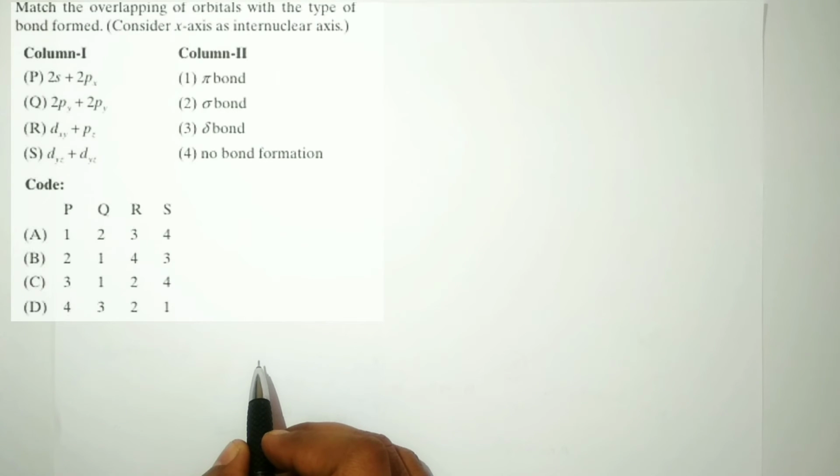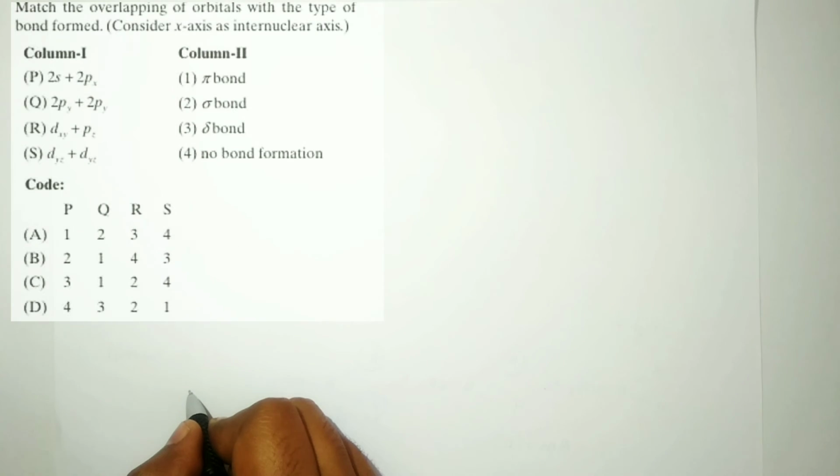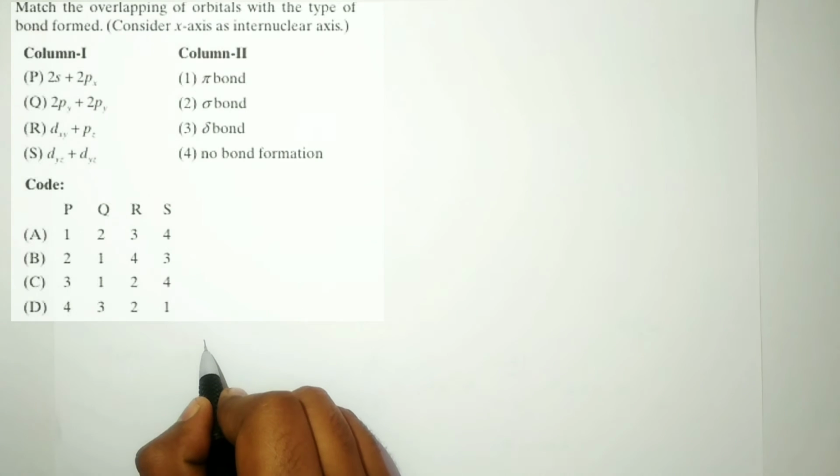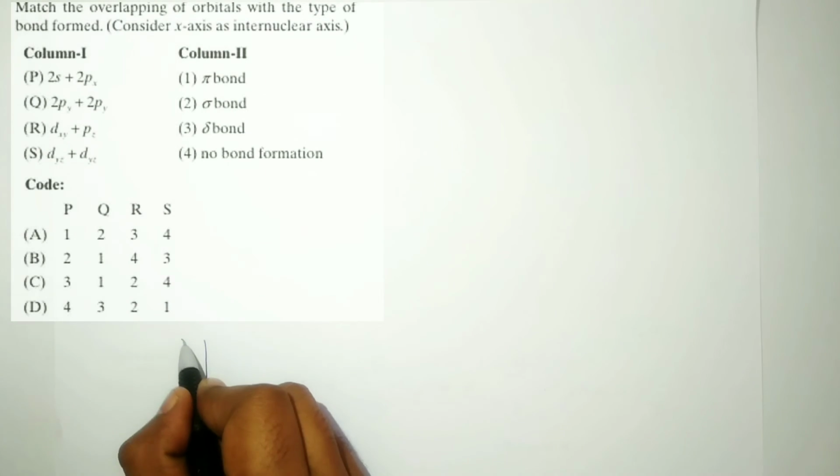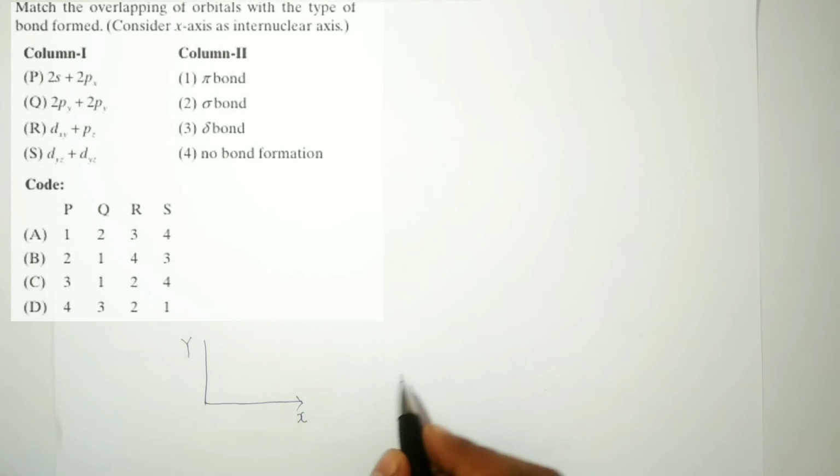Hello student, in this example we are going to find the match for column 1 and column 2. Column 1 contains atomic orbitals which are going to overlap. In column 2 there are bond types which they form after overlapping. The main condition here is that the x-axis is the internuclear axis. We know that